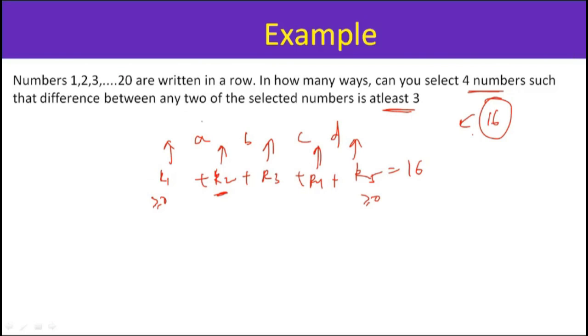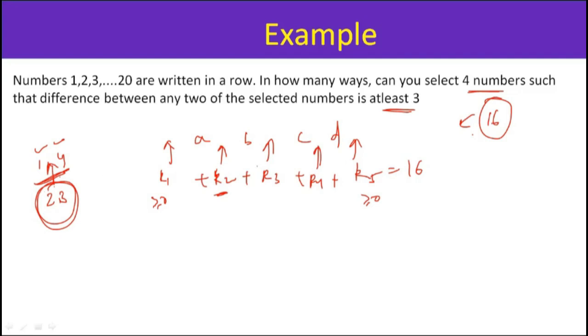So for example, let's say I have two numbers, 1 and 4. Here, the difference between 1 and 4 is 3. I want the difference to be at least 3. So how many numbers are there between 1 and 4? 2 and 3. It means that the difference of 3 implies that there are at least 2 numbers between them,